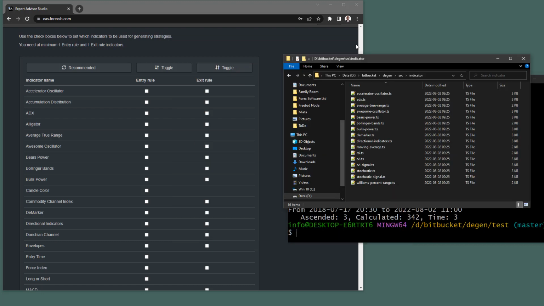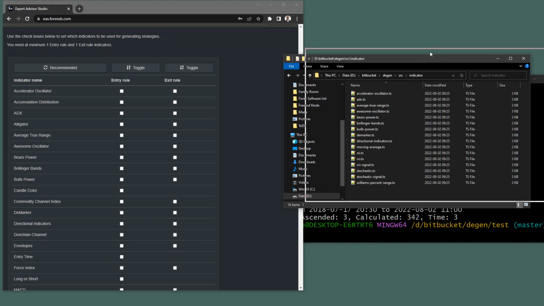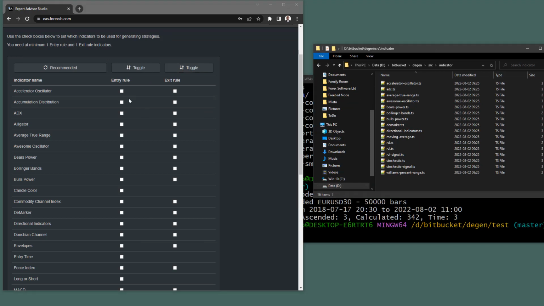So we have accelerator oscillator, ADX, average true range, awesome oscillator, Bears Power, Bollinger Bands, Bulls Power,